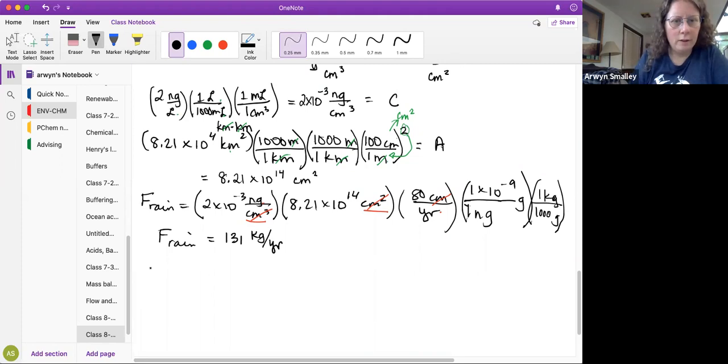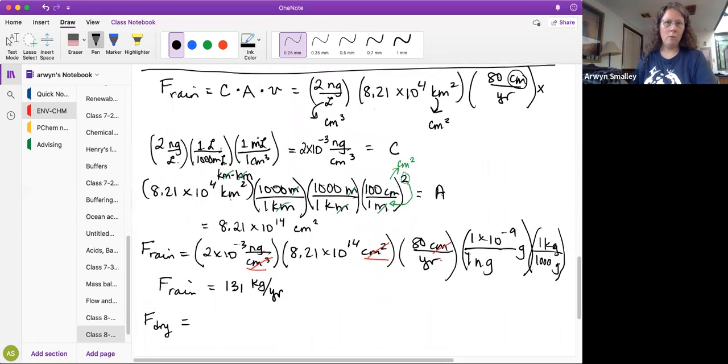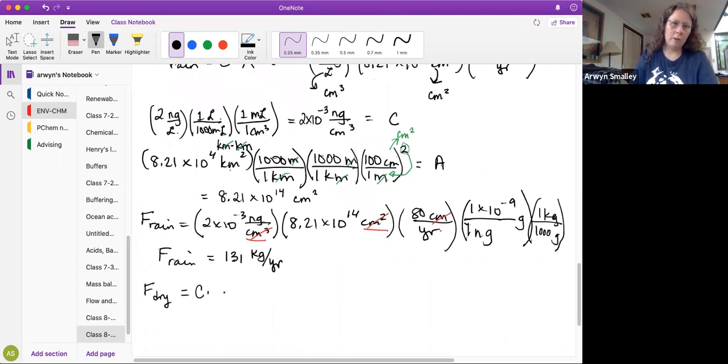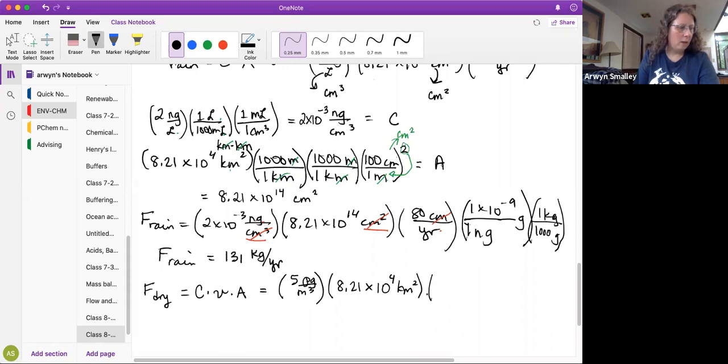Okay, good. Then the dry part of the particulate settling, we start with the same kind of setup where we're looking at the flux times the area, or in other words, the concentration times the speed times the area. And this time, our concentration in the dry air is only 5 picograms per cubic meter. And we still have the same area, 8.21 times 10 to the 4th kilometers squared. And then the speed,